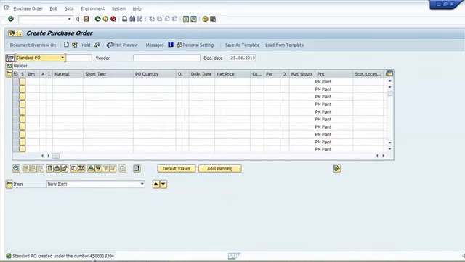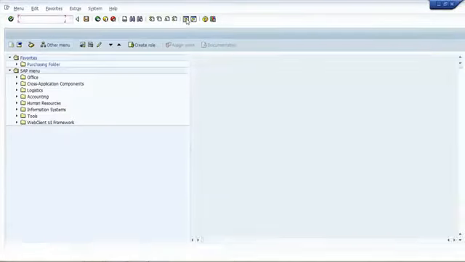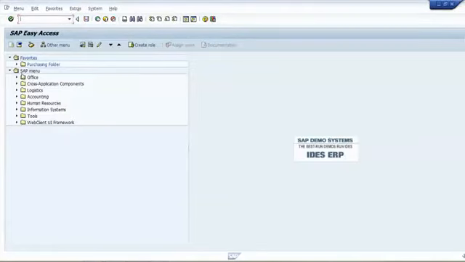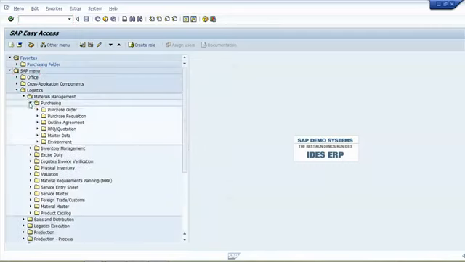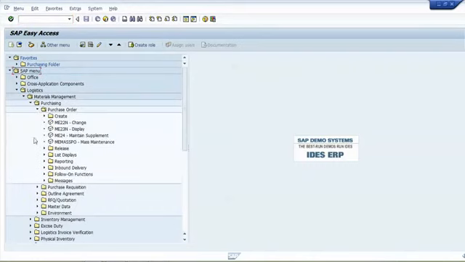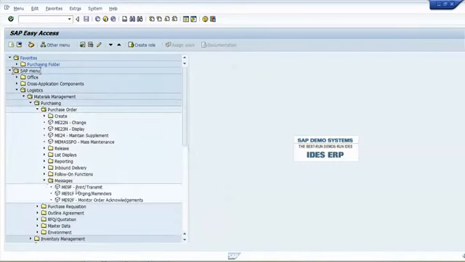Now we want to transmit this purchase order to our vendor. To transmit, first of all, I will create a new session. I will click on this button to create a new session, and I will follow the following menu path: SAP menu, Logistics, Materials Management, Purchasing, Purchase Order, Messages, ME9F, Print/Transmit.